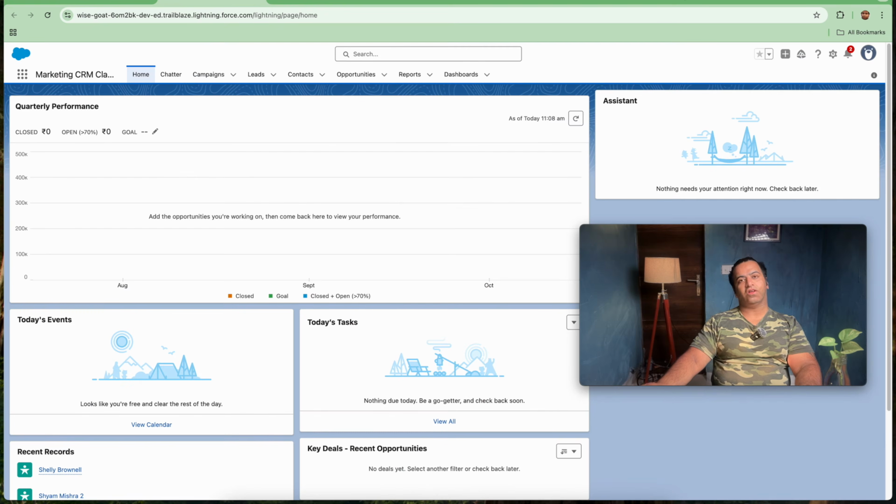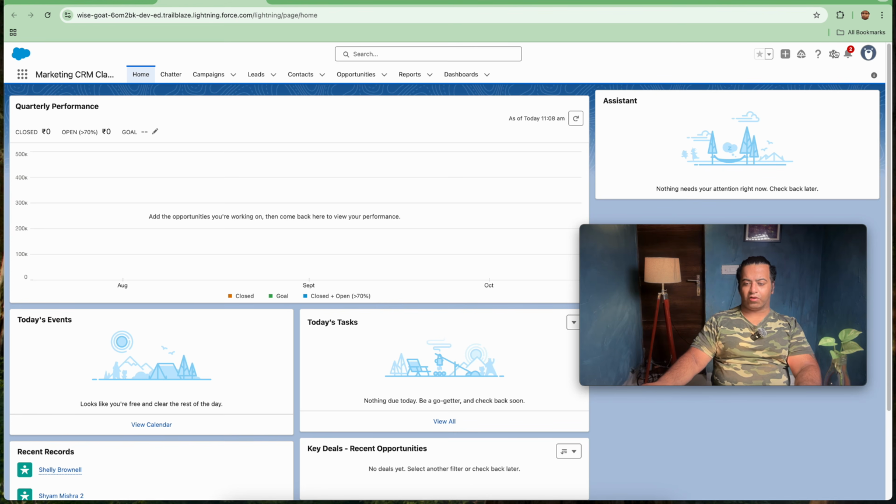We are putting the trigger on Case only, and it is not dependent on any other object, so we can go with the before operation. So in today's trigger we will be considering before insert as well as before update. So both operations will be working. Now let's check how it will work.